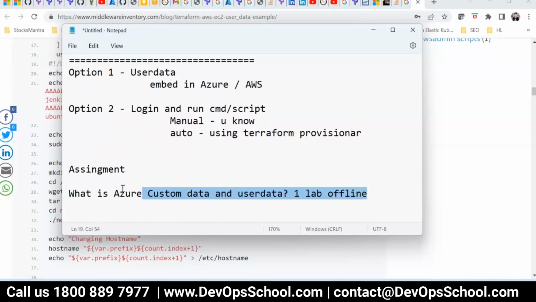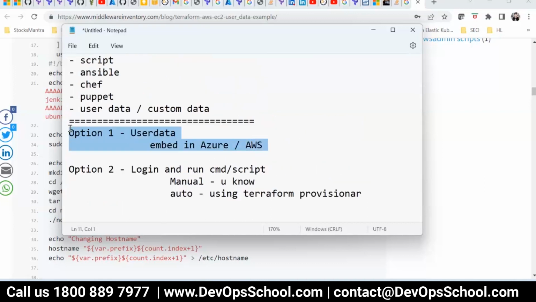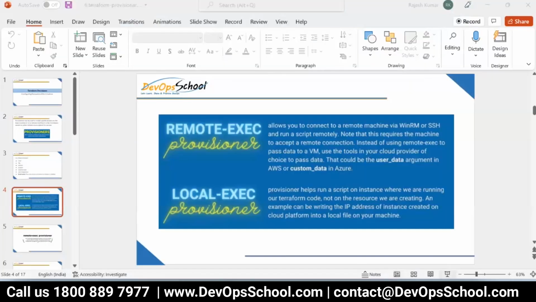Okay, so you'll get an answer, because if you are not doing this one, then you'll not understand what I was talking about here. I said user data, custom data is an alternative. If you don't like the provisioner, then use this. Okay, so I hope it should be clear.